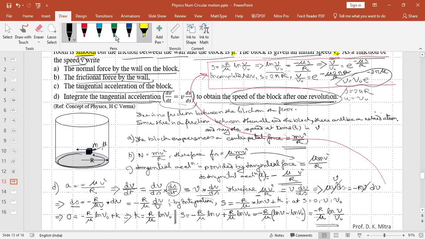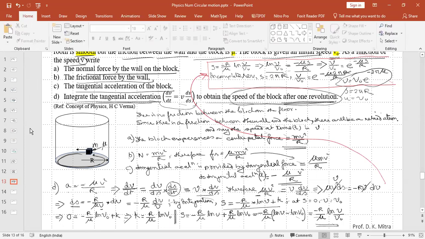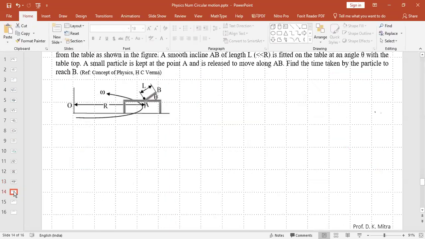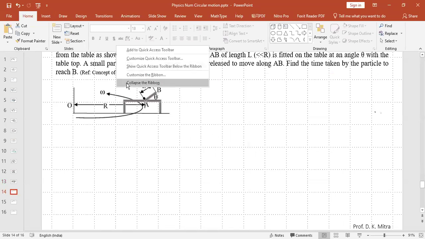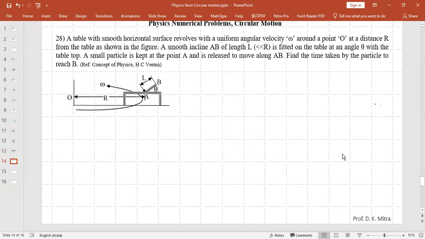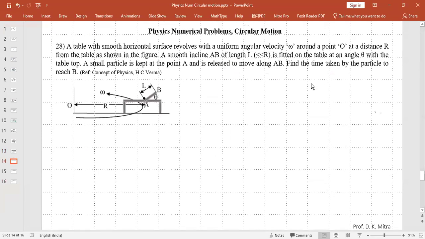Now we go to the next problem. That also will not be very difficult. I think we can easily solve this. Here, it is said that